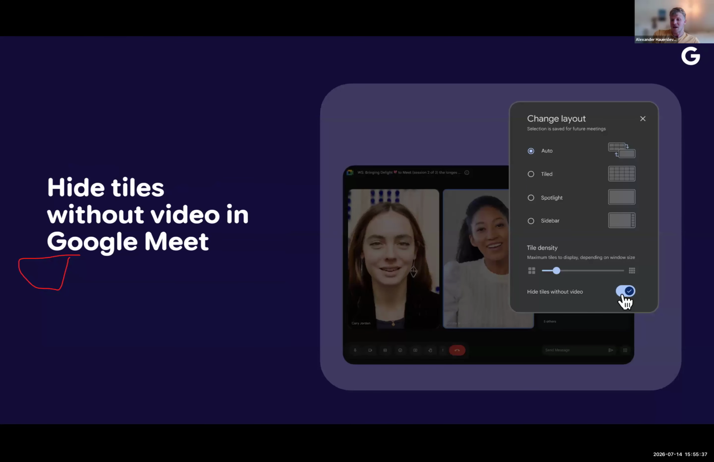So Meet also now allows you to hide non-video tiles. This is something that was requested from the deaf and hard of hearing community, but also the low vision community, because there's only so much real estate on an online call, and having these empty video tiles take up important real estate is not ideal if you rely on a sign language interpreter, or if you prefer the content to be large. So if you want, you can go into the settings, go into change layout, and then